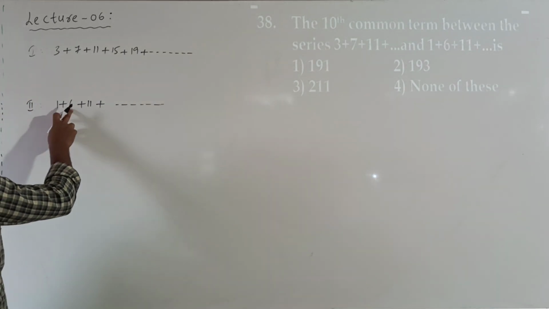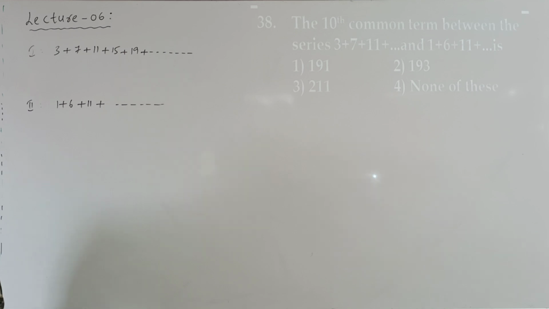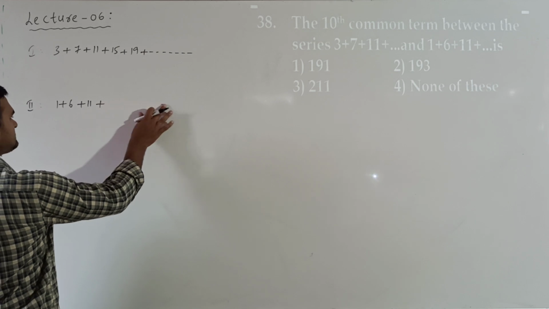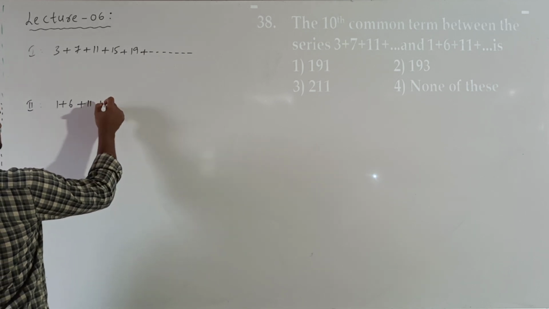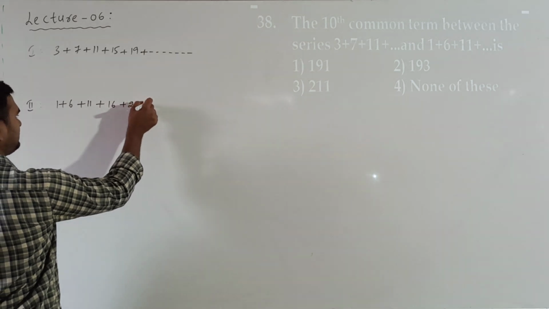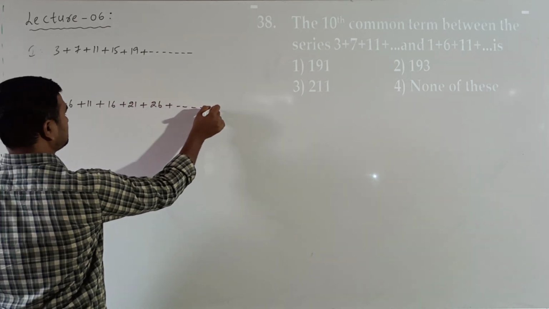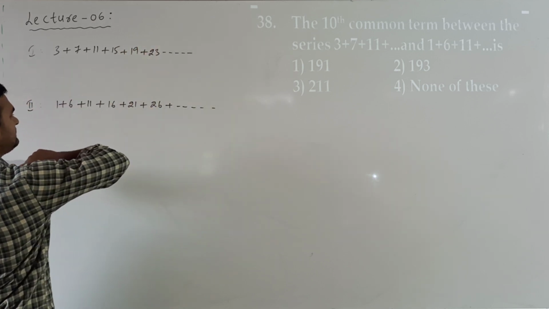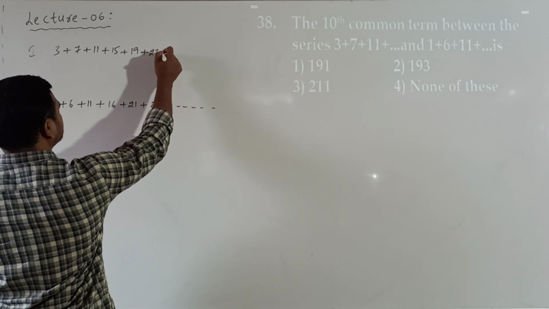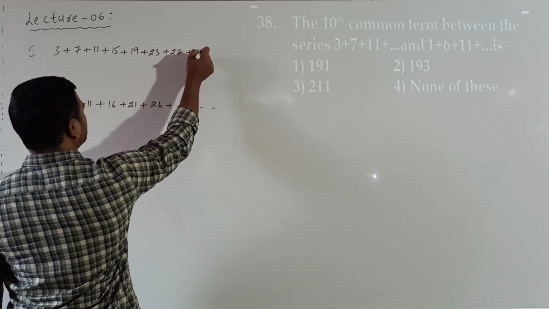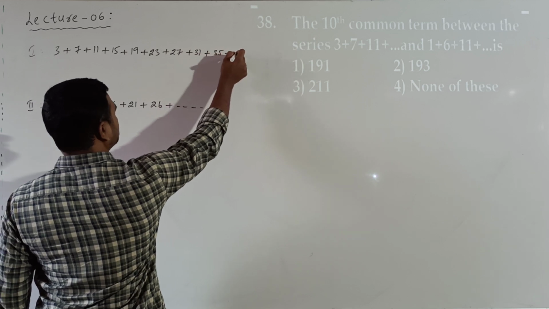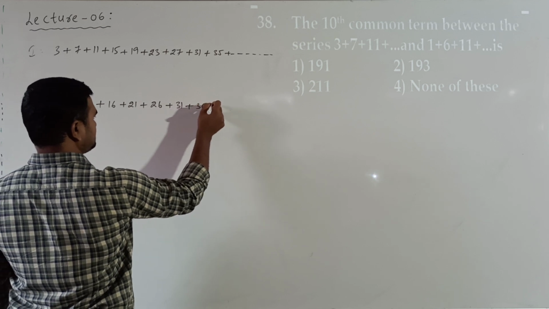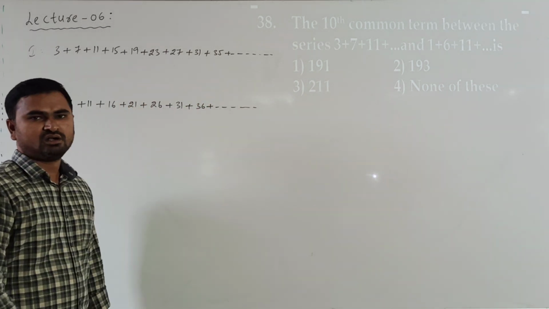Observe the second series. Difference is 5. Here also difference is 5. So here also difference is same means it is also forming AP. So what will be the next terms we can add? Difference is 5. So we get 16, 21, 26 and so on. In the first series, the next term will be adding 4, we get 23, 27, 31, 35 and so on. And here adding 5 we get 31, 36 and so on. So these are the two series given.